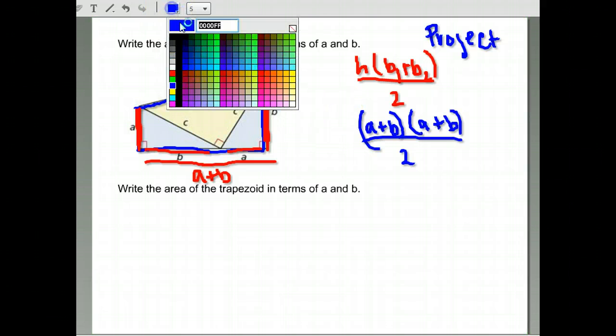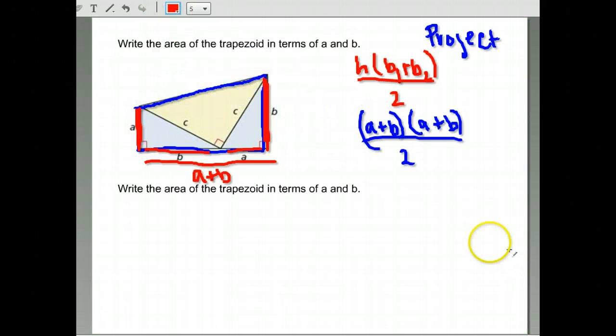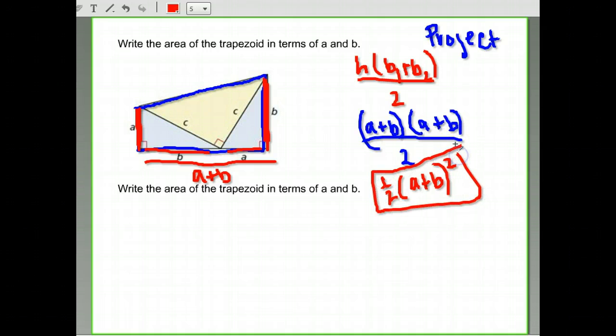Okay, remember when you have something times itself, another way to write that is to write A plus B squared. We have 1/2 of that. Okay, so there's the first part. Okay, so that got started. Then